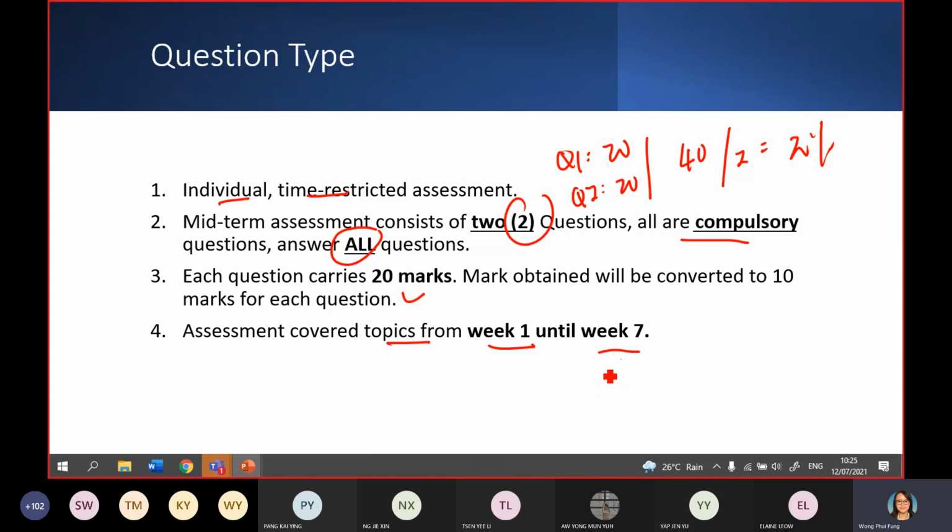For a good answer in your midterm, you should integrate all the knowledge that you have learned throughout week 1 until week 7. So you shouldn't just focus particularly on one chapter only. That is very dangerous because sometimes you have to understand chapter 1 first, microeconomics first, macroeconomics first. Then only you will understand investment and market research better. So that's why all chapters are very important. Okay?